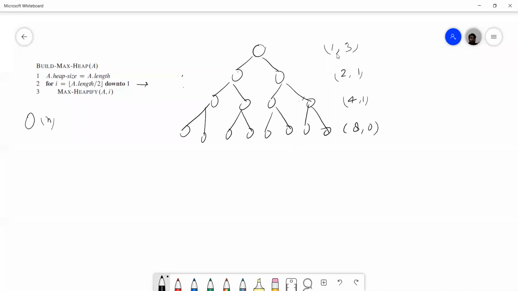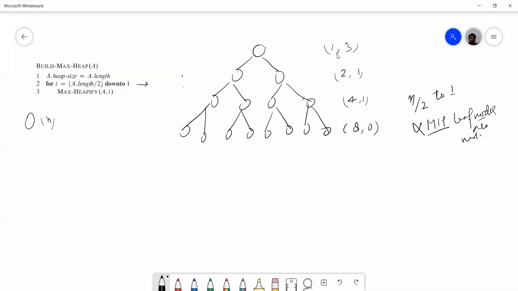So at every level we have nodes. Now in MaxHeapify, I have already told you that we apply the MaxHeapify algorithm from n by 2 down to 1. It means on half of the nodes we are not applying MaxHeapify, the nodes which are basically leaf nodes. On leaf nodes we are doing no work. So at this level basically we are doing no work.